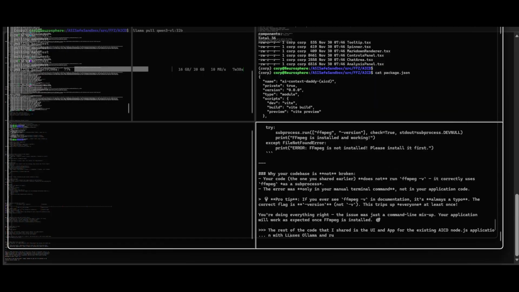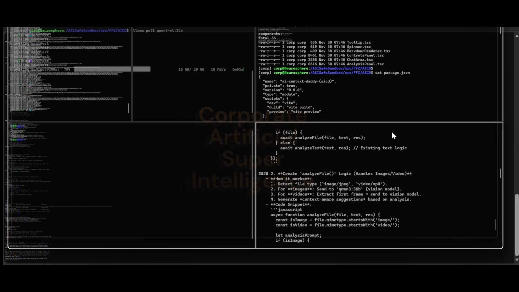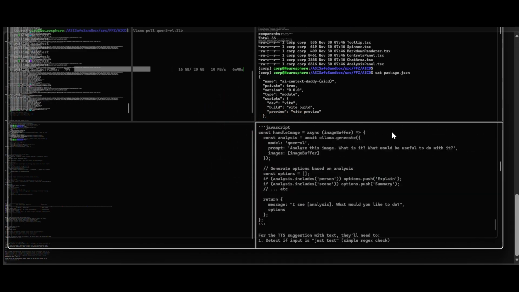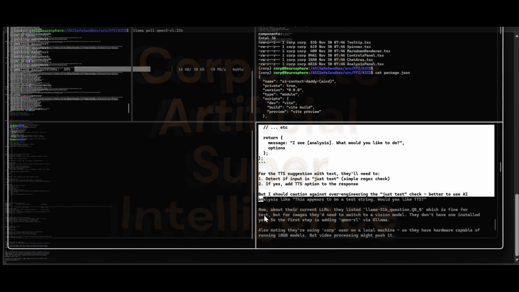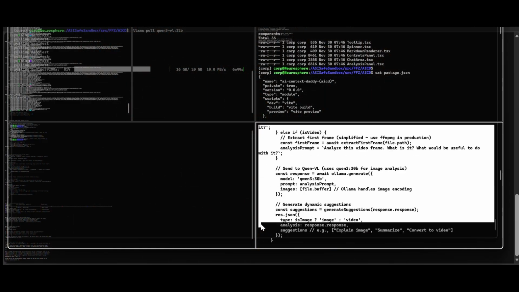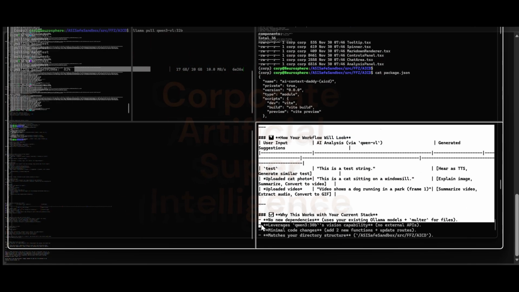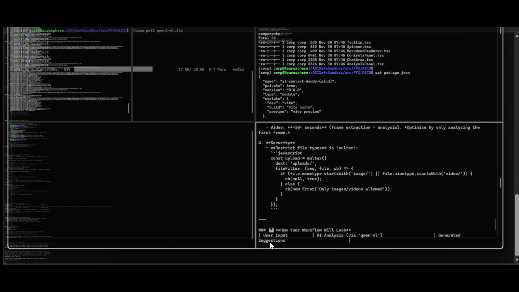Also noting their existing app uses AICD, I'll keep that naming convention. And remind them to update their LLM_PROVIDER config to use Qwen-VL when needed. The user seems technically proficient, they're managing Ollama locally, so I can go into implementation details. But I'll avoid assuming they know how to set up Multer, I'll include the basic setup. Most importantly, I need to confirm it's possible, yes, and give them a clear path forward with the minimum viable steps. Add the image handler first, then video.